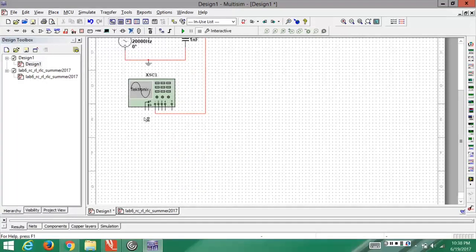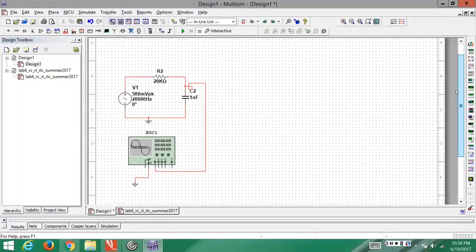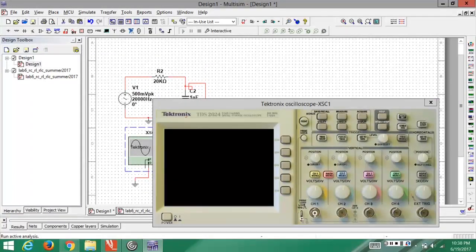put one here, and the ground is connected like that. That tells you whatever is being picked up from the capacitor, the voltage reading that you see. So if I run this circuit now,